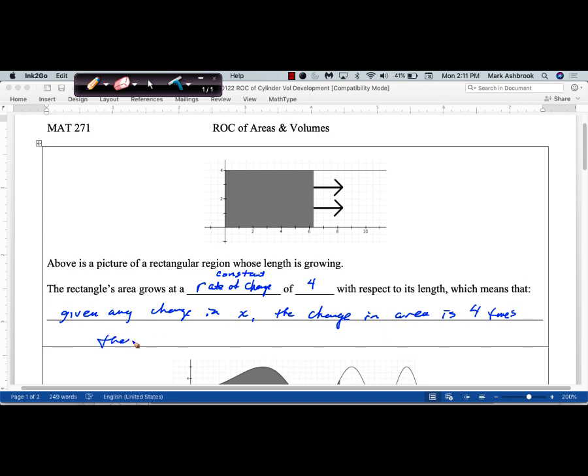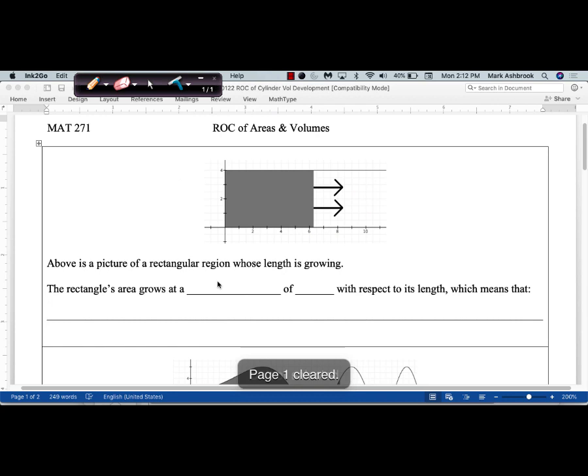that change in x. And in other words, what's our mathematical statement? Yeah, dA equals 4 dx. Good. dA equals 4 dx. So no matter how much we increase by, the amount that the area increases by is going to be 4 times what we chose for our increase in x. So that's our constant rate of change. Okay? Then the next one. Any questions on that? Okay, so next one here